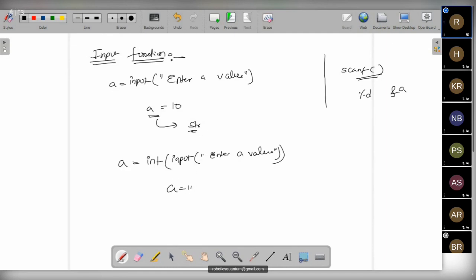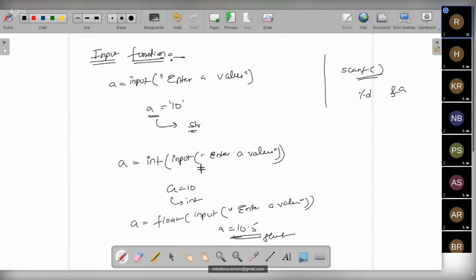Now a will take 10 as an integer; earlier 8 was taken as a string, now it will become an integer type. If you want to take a float value, float of input of "enter a value", double quotes closed. Now it will take 10.5 as input, and a will be a float type.